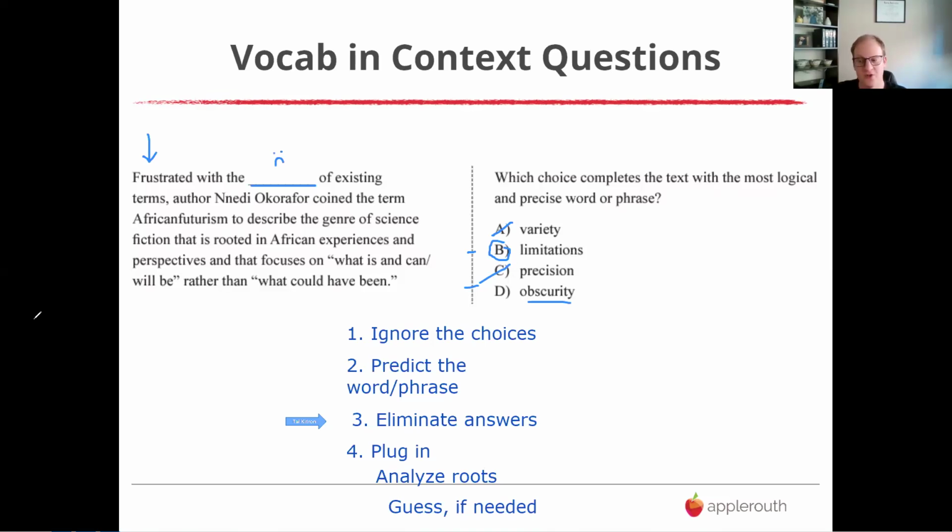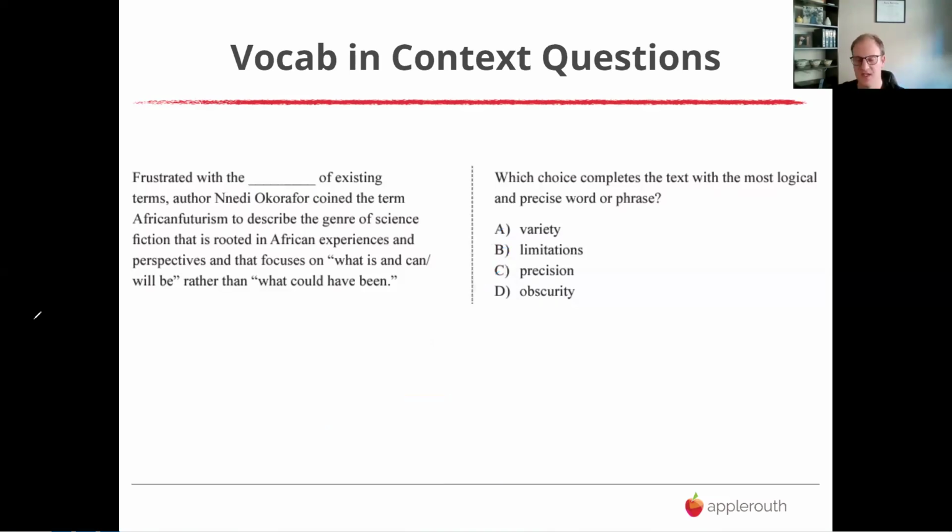Again, some questions you're going to look at and be like, oh, I know the word. Many other times you'll be down to two, and I think this elimination process will be the key. So that's vocab. You'll see some answers that are defining, or some words where you have the definition in place, some words where there are contrast words that give us clues, a lot of different things you can see on vocab.